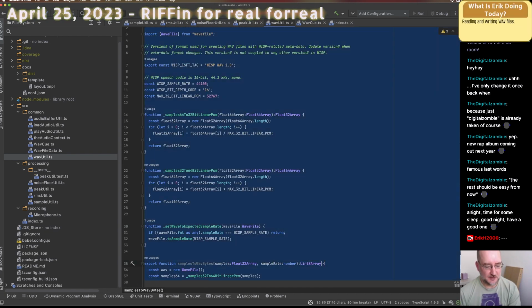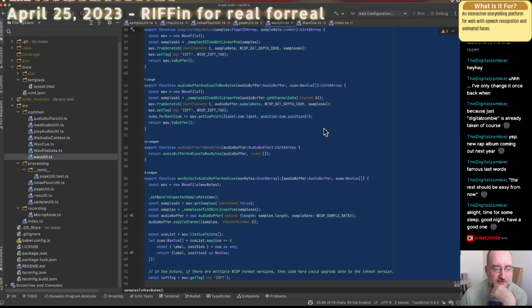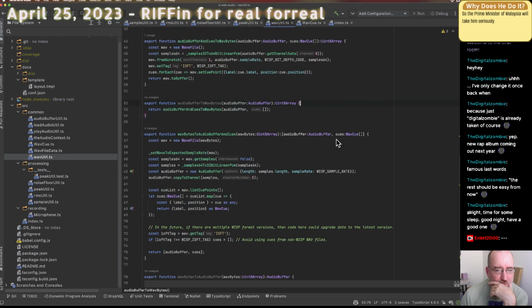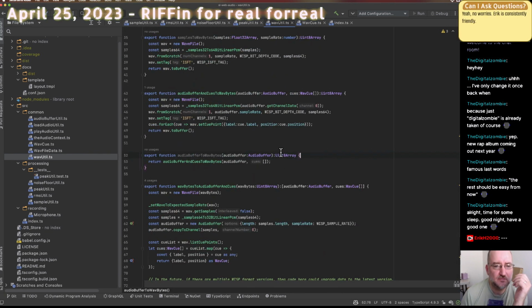maybe I will just grab this file and copy it over to Wisp. But do I need that whole file? Particularly when I'm going to have to stop using one of the third-party libraries. Let's copy over functions one at a time as I work on them. So the first one would be